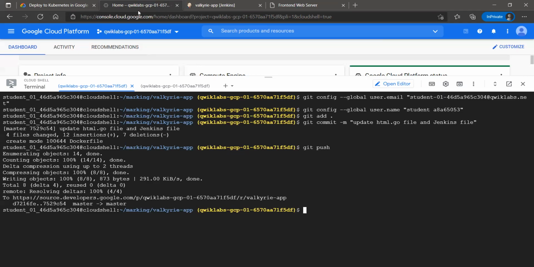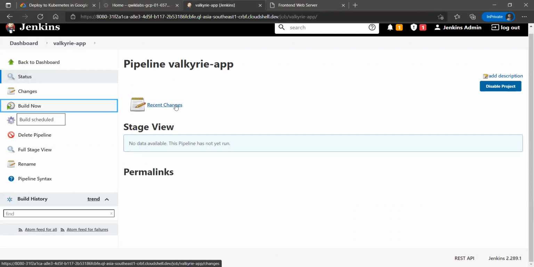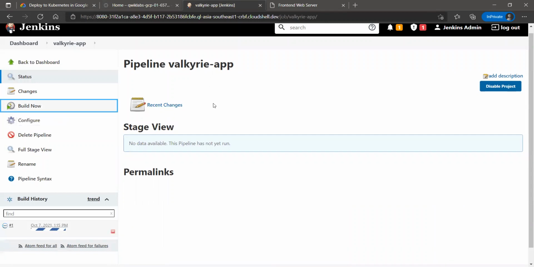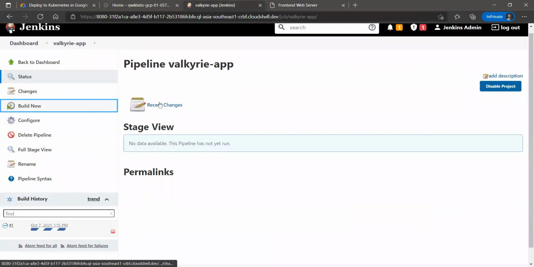Now let's go into Jenkins and see. Click on build now. Because as we are told here to manually trigger a build, because the initial build will take some time. So it's better to click on the build now button.